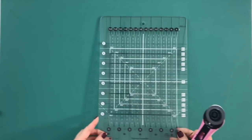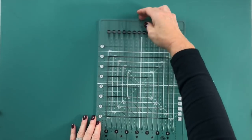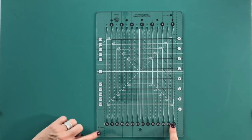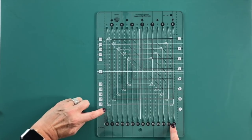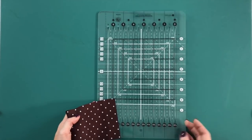When cutting in 1/4 inch increments, the ruler has a turnaround feature, so we're going to just turn it around, and you have the 1/4 inch increments on this side. Same thing, except we're not going to line it up with the first slit. The zero is a dotted line here, 1/4 inch from the slit. So if I were to cut,